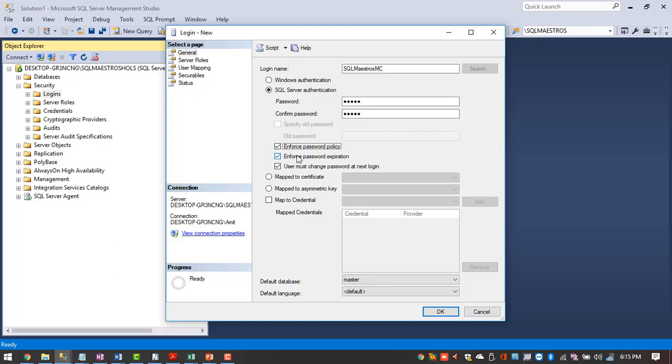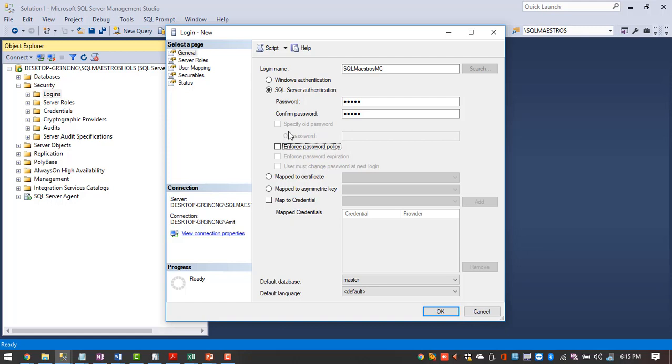Then we can also set up password expiration. For example, in our policy, every password can expire after 90 days or something like that. Then this password will expire, and after that we need to set up a new password. The last one is user must change password at next login. If you check this option, whenever the user is logging in, he needs to set up a password every time. These are limited to very few applications where this kind of nature is needed. Right now we don't need anything as such, so I'm just unchecking all these three options.